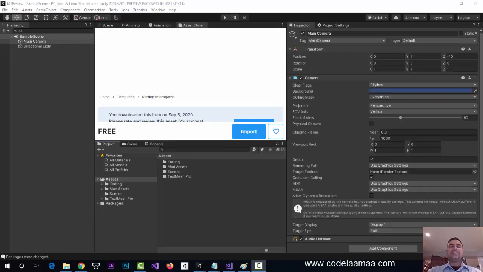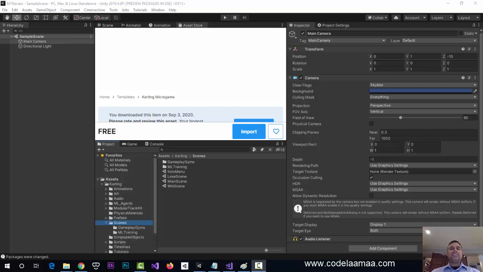All right, so this may have taken a while for you to install, but now you should have the Micro Karting project up and running in your Unity window here. And I'm just going to go over a few things that the Micro Karting project actually helps with, because it has a lot of the areas that need reviewing. So the first thing is looking at the hierarchy. We have our sample scene,